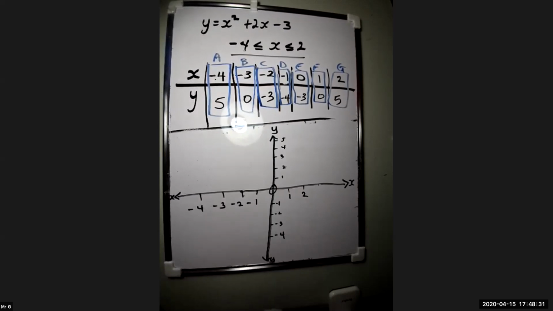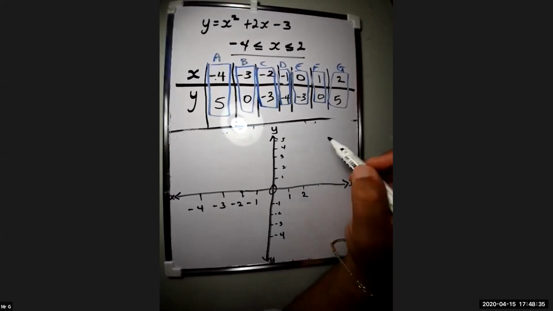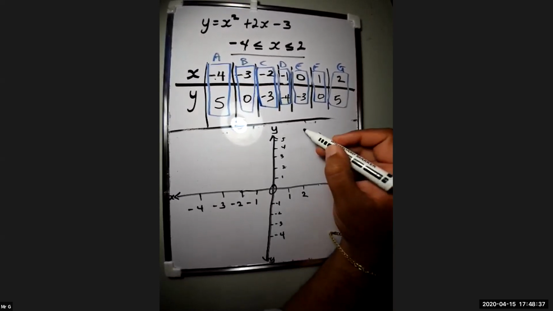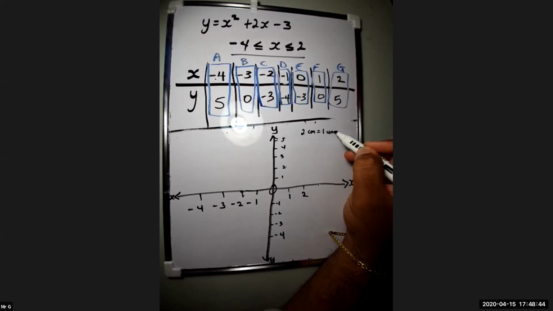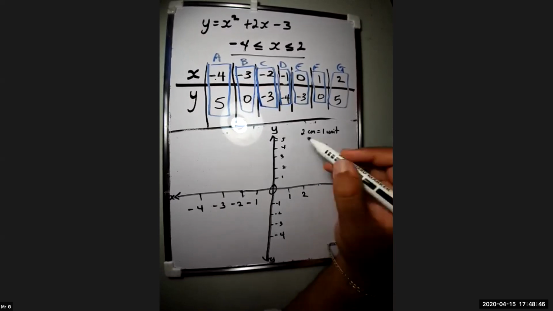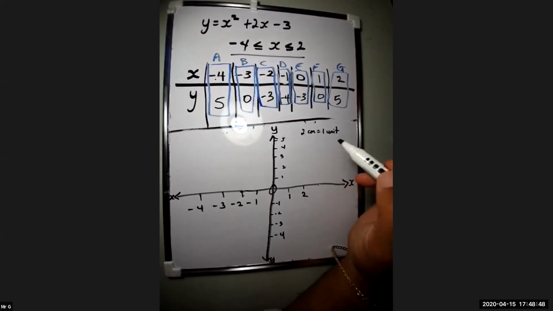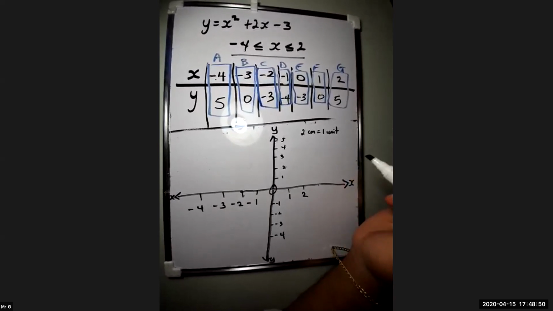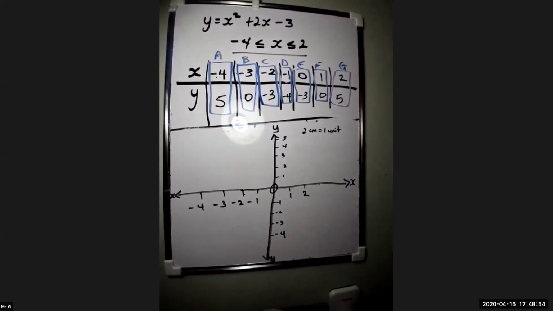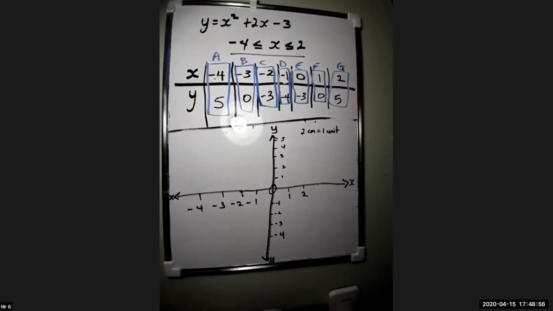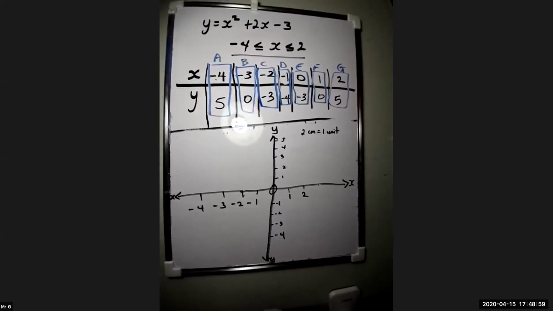Okay. So in our scale, we will say now that 2 centimeters equal 1 unit. You have to put your scale, otherwise you're going to lose marks in the exam. So let's plot our graph now and see how it would look, right? Of course, I'll plot it here, and then I will show you all how it would look if I actually